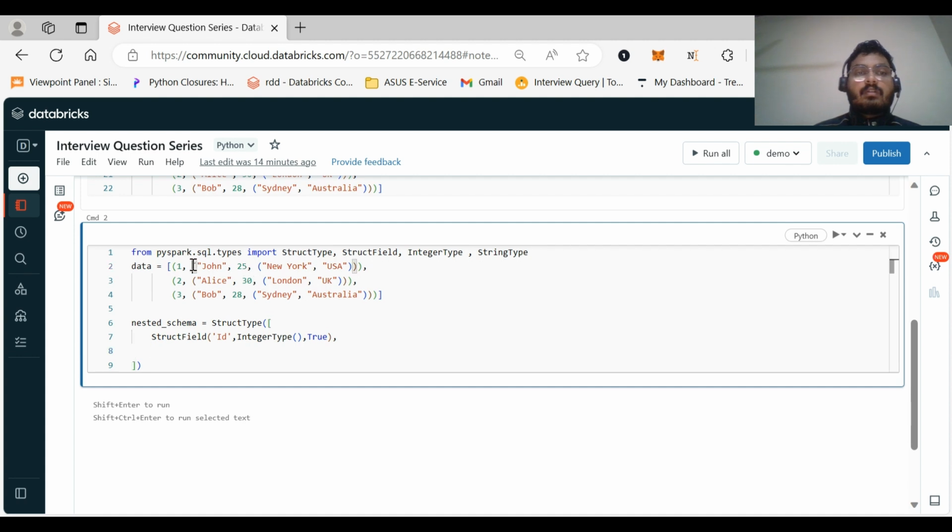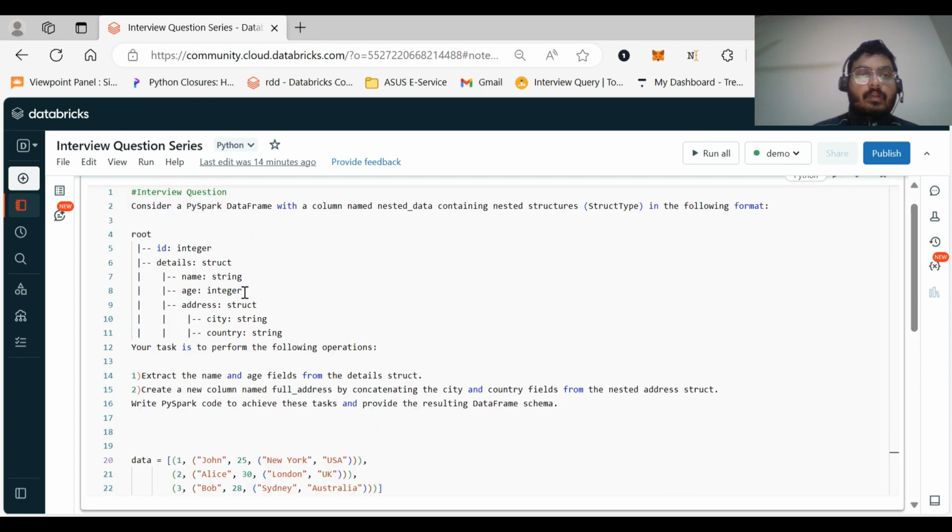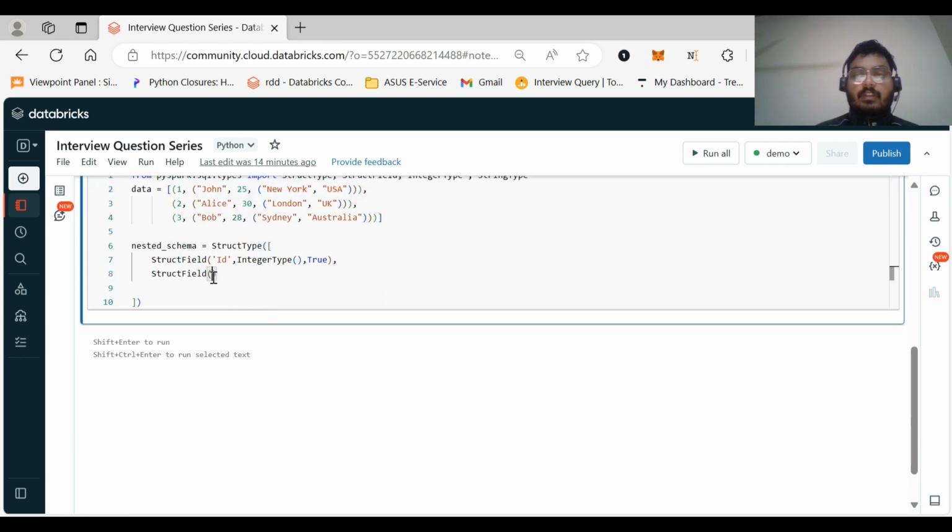Now the second column will be this whole one. This is a struct type column, so for this we have to mention StructField again. Let us name this as details, as in the schema provided we have details.